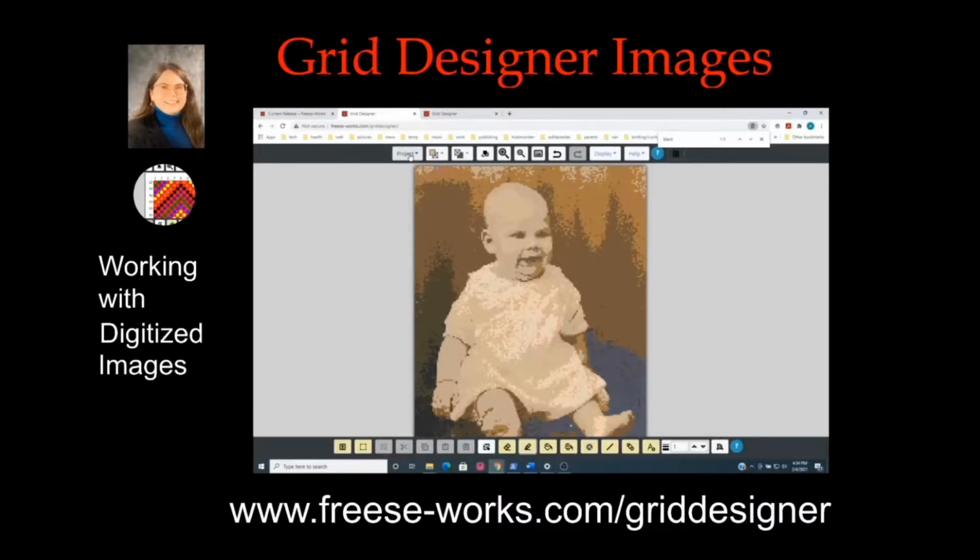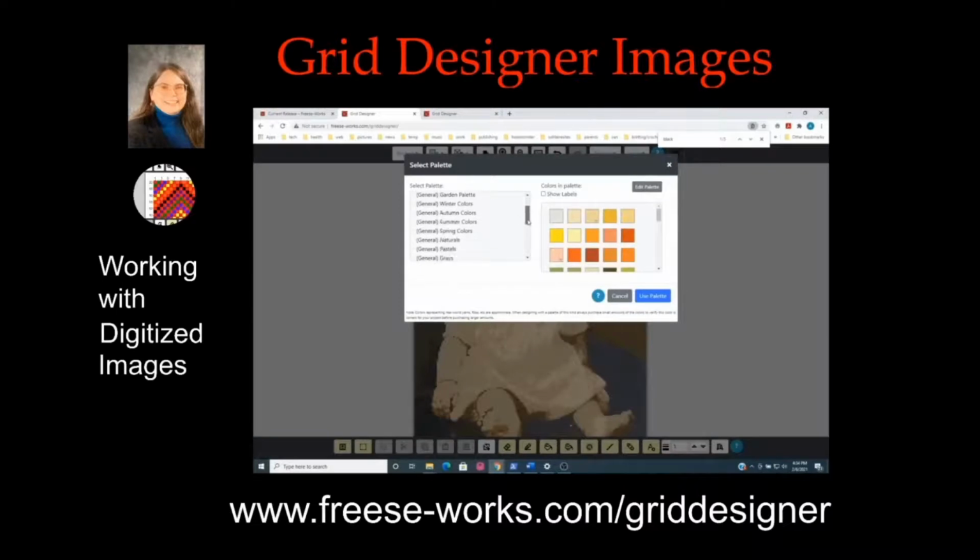And what will happen when you edit the palette and you want to hide colors is the editor will not let you hide anything that is currently being used. So let me show you. If we go into the palette, it has the Hirschner's latch hook yarn selected, and any color that has this little picture-in-picture icon on it, see this one here, that one there, that indicates a color